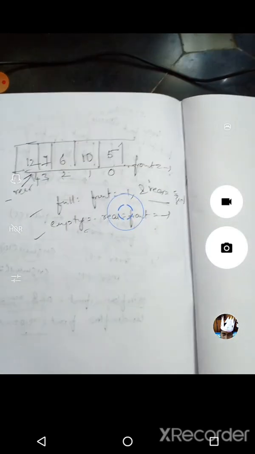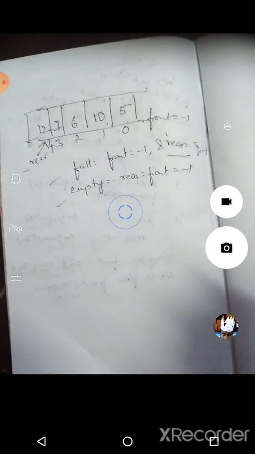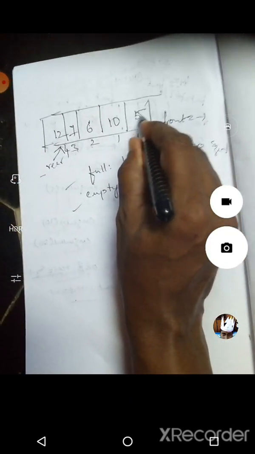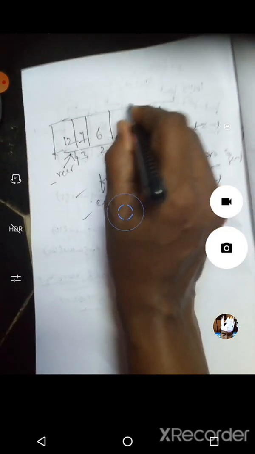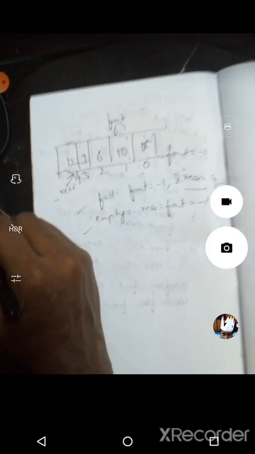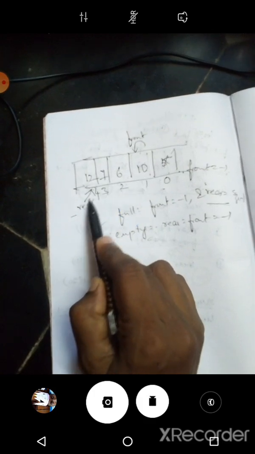Like that we can insert all the elements through the rear. Suppose I want to remove an element here. From where do we remove it? From the 0th location, which is done by front plus plus. The front moves to the next element; the element is not physically deleted. Like that every element will be removed. One more thing: if all the elements are removed, the rear is still at the last position.